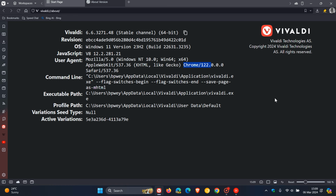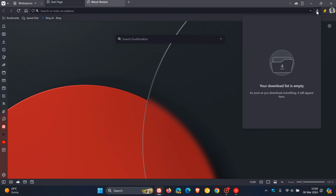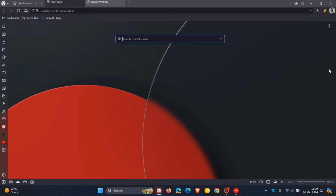And we get 4 crash fixes. And I always say when a crash is addressed and fixed, that's always a nice move. The first 2 crash fixes are across the board. The third crash fix is if you are using the browser on Linux. And the 4th crash fix is if you are using the browser on Mac OS. And there apparently is a fix for the downloads where if you are downloading, there was no download dialog shown, which now, according to